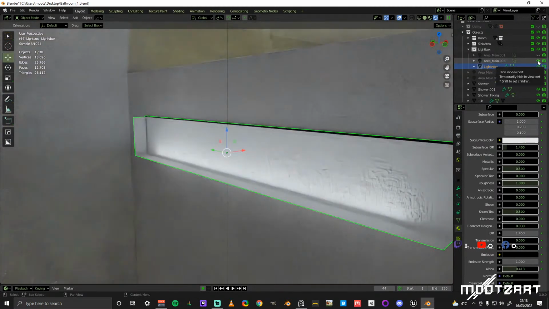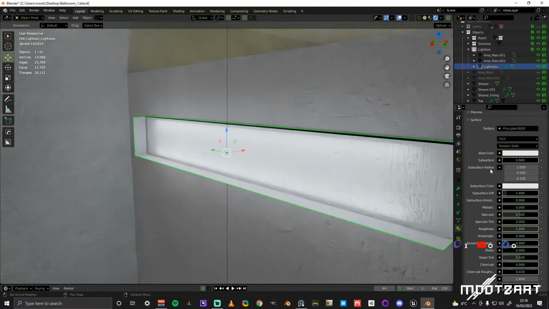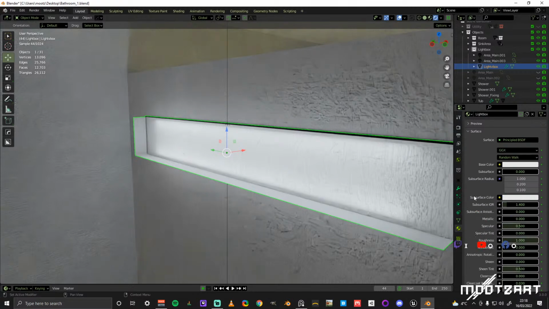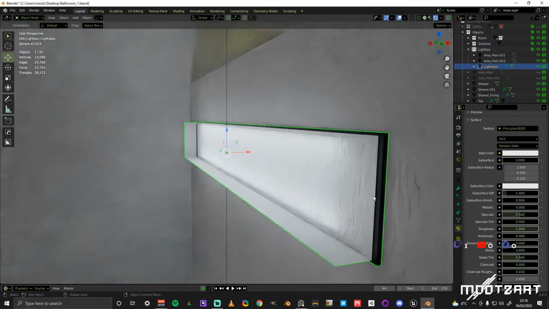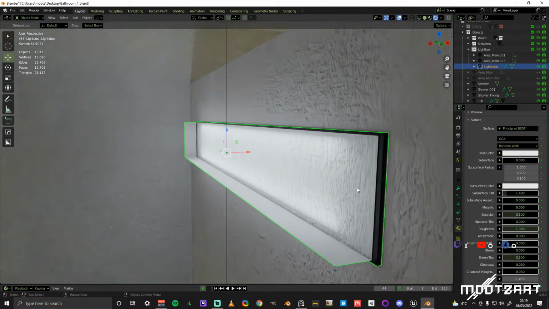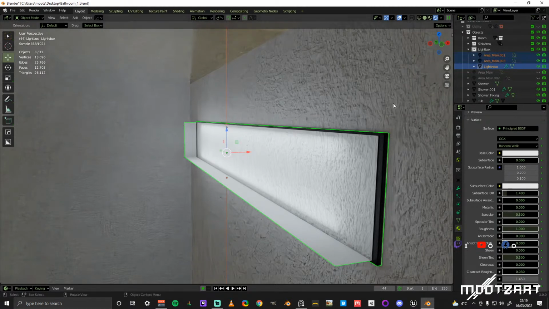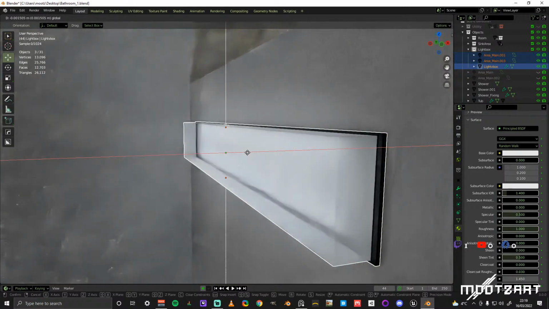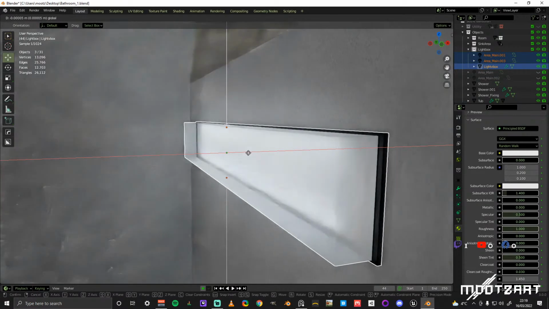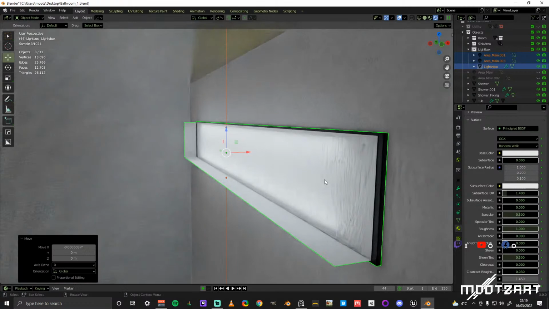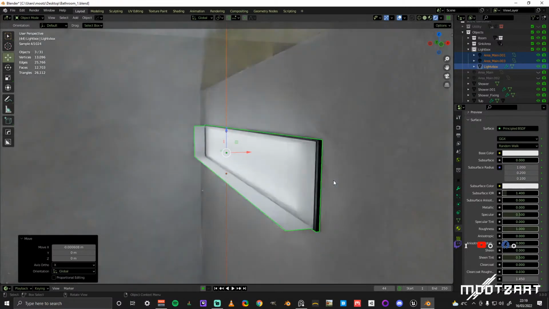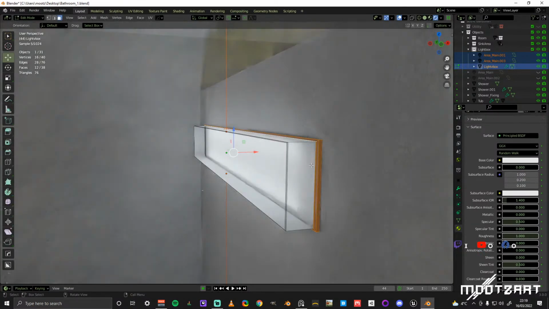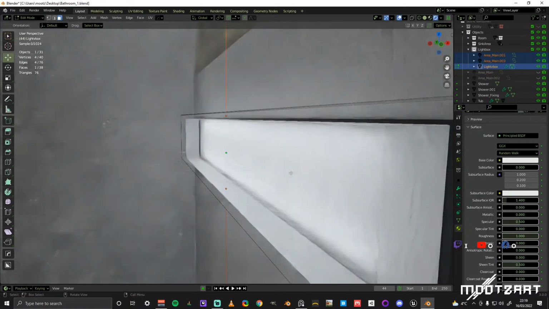Is it purely because I've got a light inside it? Why is it acting like glass? That's what I don't understand. Why can I still see through? Is it because it's not got anything on the back of it? Yeah, I mean, it's definitely causing issues, so I'm going to have to add in an inner